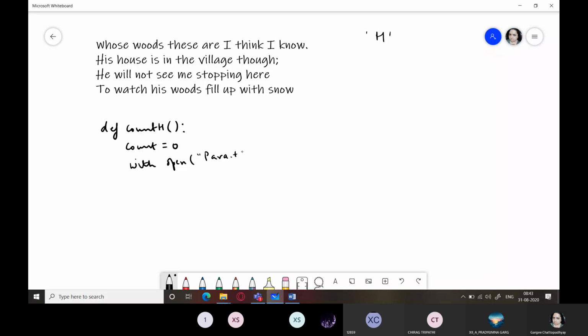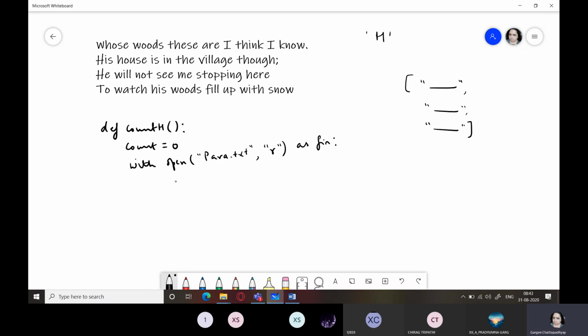Para.txt. And which file mode? Read mode, as fin. Now I will be reading the contents. Already the content is there in fin in the form of a list of strings. So that is already there.